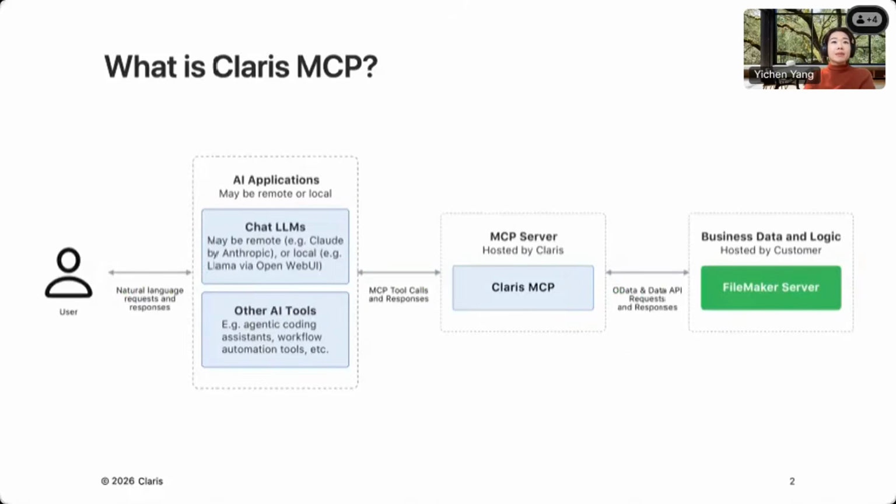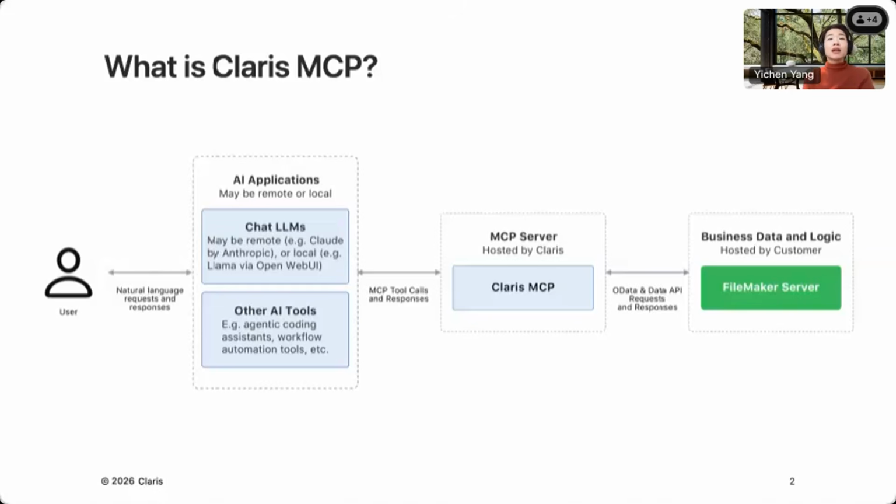So Claris MCP is a new functionality from Claris built using this protocol, designed to bridge the gap between FileMaker and AI applications. So instead of needing to build custom integration for every single AI tool, Claris MCP provides a standardized way for AI applications to really understand and interact with your FileMaker data and scripts with permission-driven controls. You don't need to do any coding, and it's purely done through configuration, which we'll see shortly from Louis as